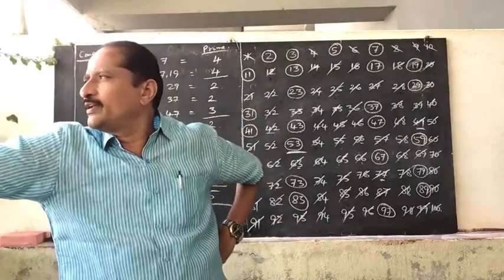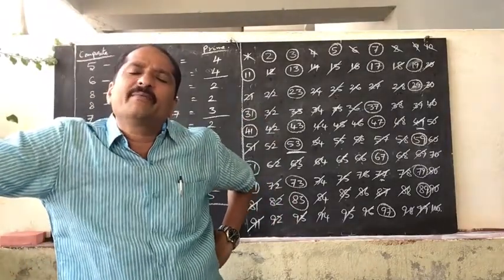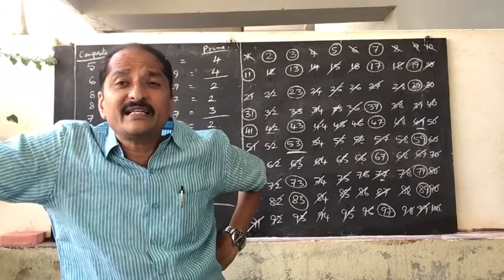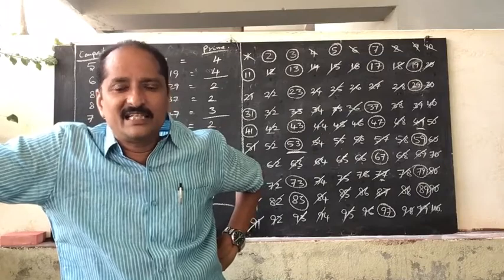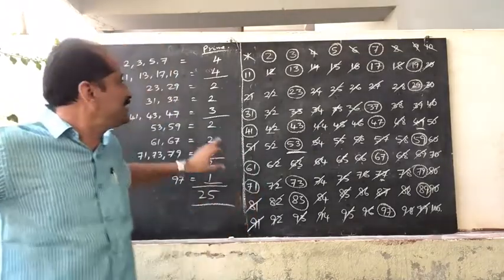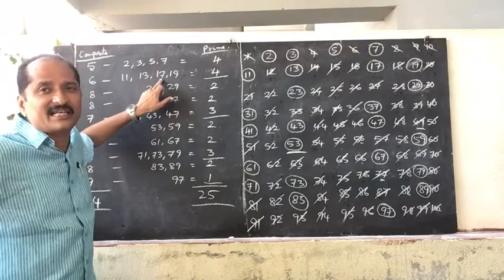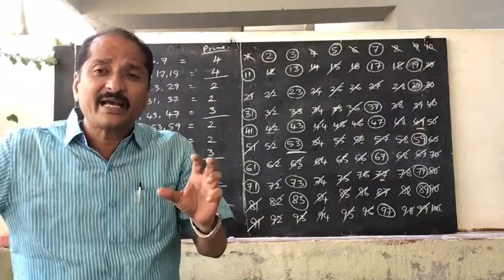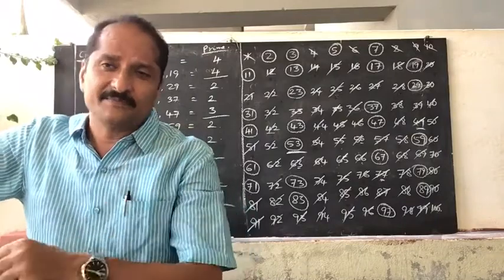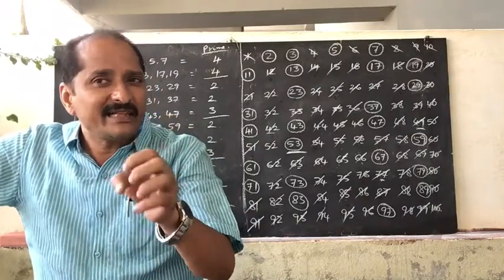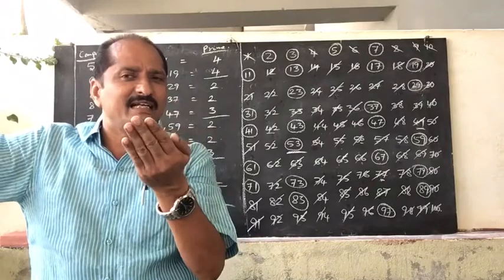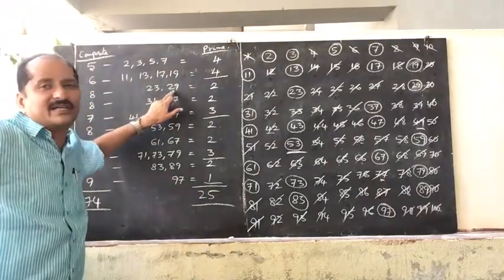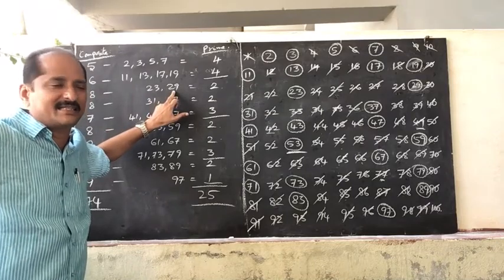For example, if you want to know the prime number which is more than 17, the least prime greater than 17, what will you say by looking here? After 17, the next is 19, so we say that is the answer. The greatest prime less than 30 means the prime number that comes before 30. What is the prime number before 30? 29. This is the greatest prime less than 30.